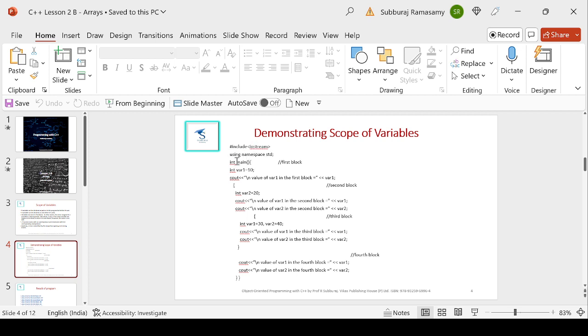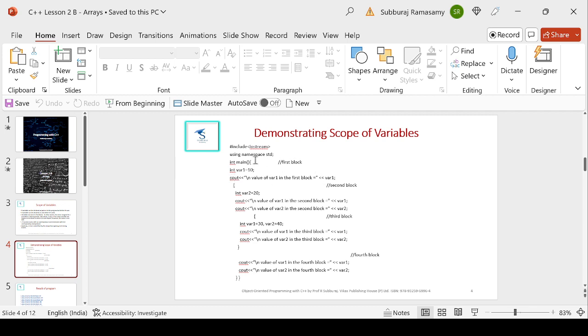So int main is a function that starts with an opening brace. That is the first block. I'm declaring var1 as integer and assigning value 10 to it, and I am printing out with cout the value of var1 in the first block.